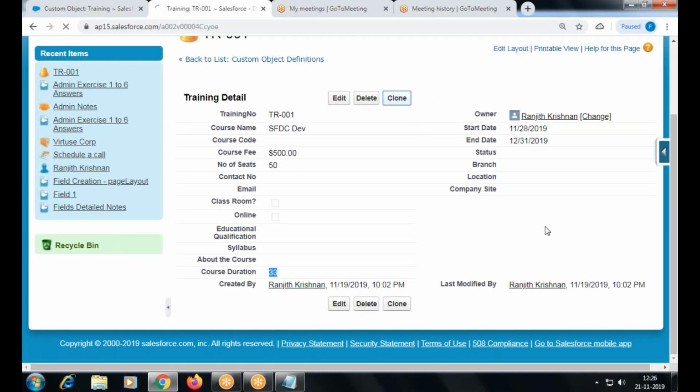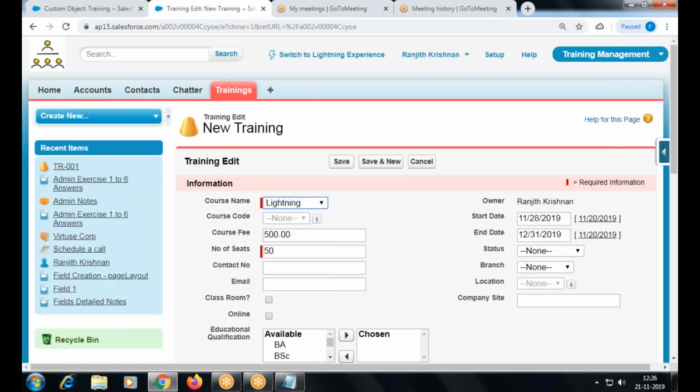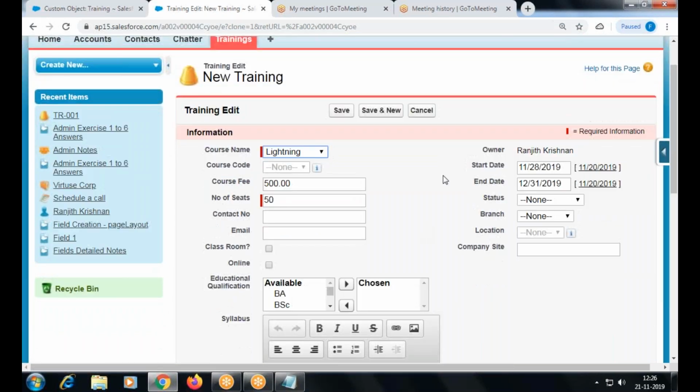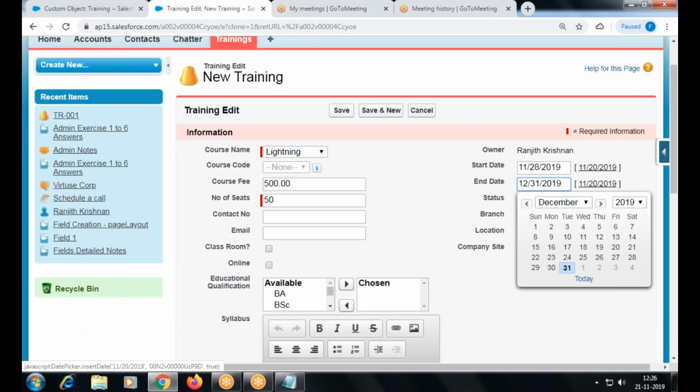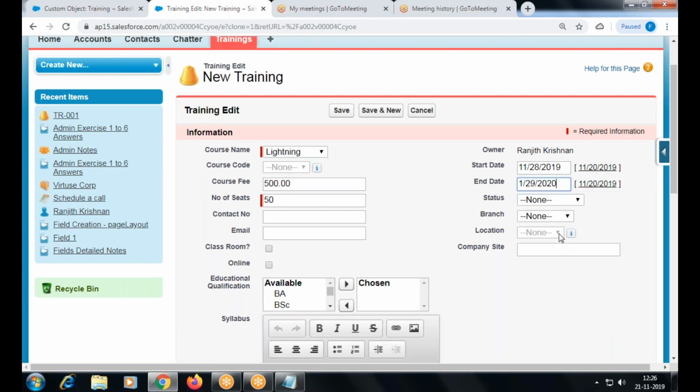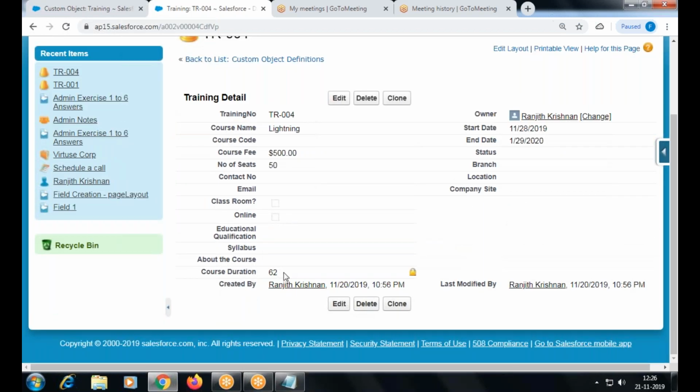Any new record you create and save, it's calculated. So by seeing this, I did not calculate manually, right? Today's start date is 28th and when it is the end, I need not calculate manually.